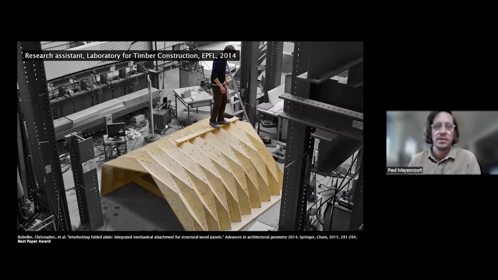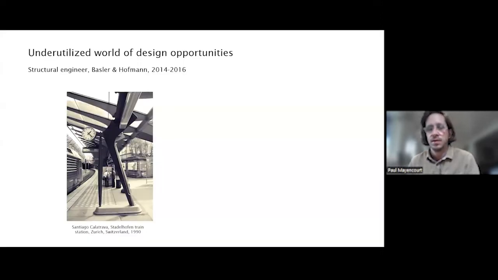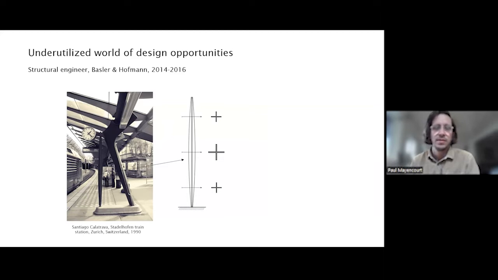But right after this, I worked as a structural engineer in an office in Zurich for about two years. And every morning I was going through a train station designed by Santiago Calatrava, and you can see here an image of one of the columns that supports the roof on the platform. I was really fascinated by this part of the structure. If you look at a cross section and an elevation of the left element of this construction, the column, you can see it has some sort of changing section. At the center, the section is bulkier and bigger, and at the ends, it is slightly smaller.